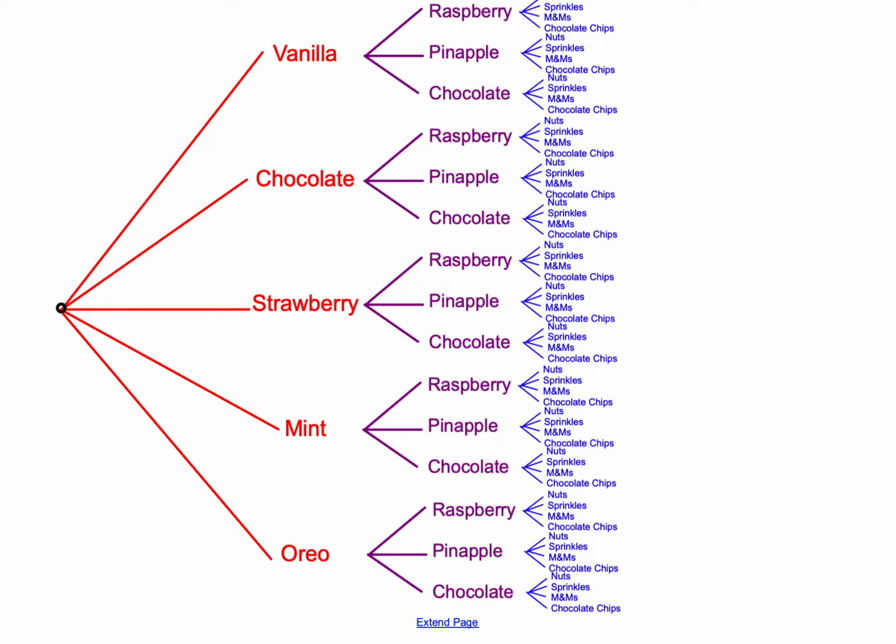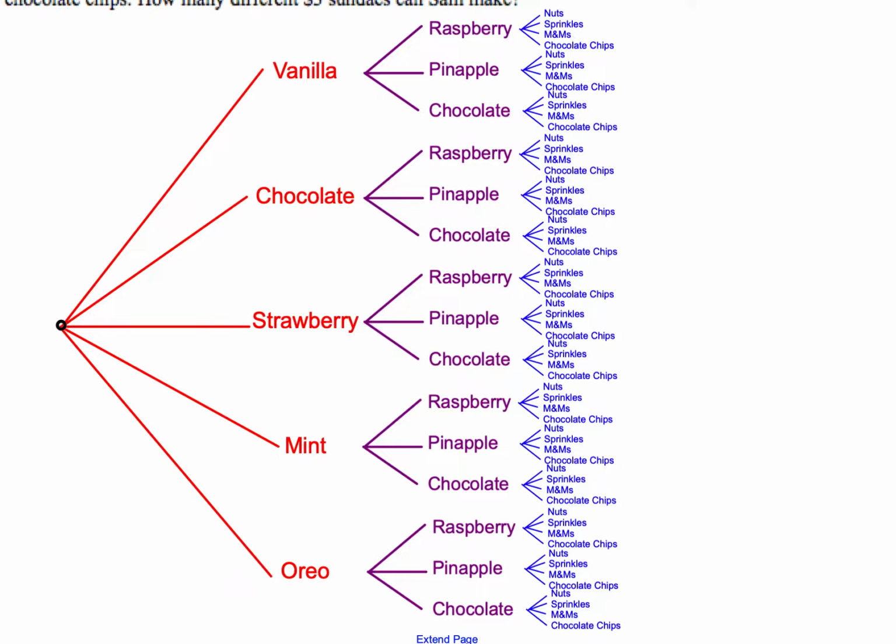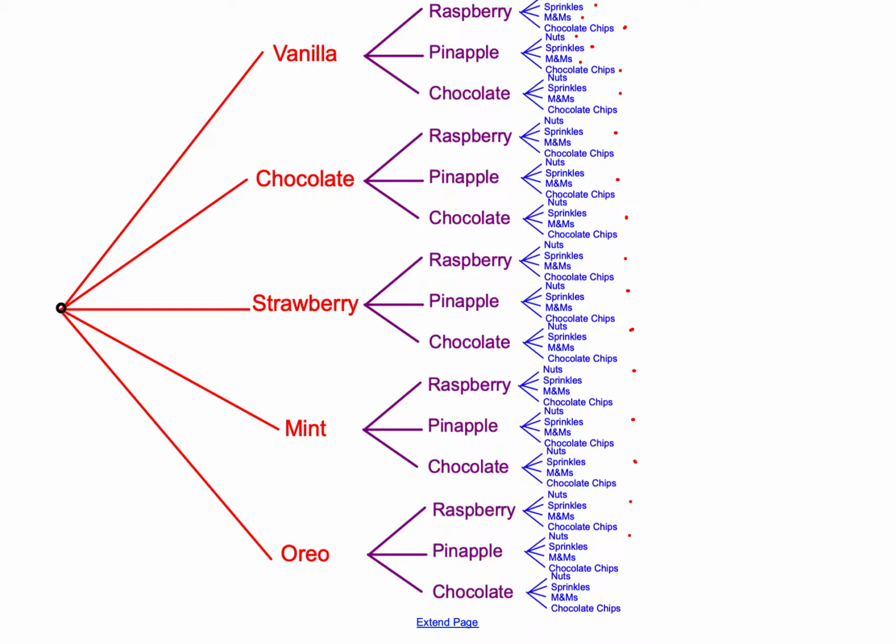Now, there are a lot of outcomes here. I need to scroll up a little bit. It looks like 1, 2, 3, 4, 5, 6, 7, 8. Oh wait, I can count by 4s, can't I? 12, 16, 20, 24, 28, 32, 36, 40, 44, 48, 52. Keep going down. 56, 60. There are a total of 60 outcomes,